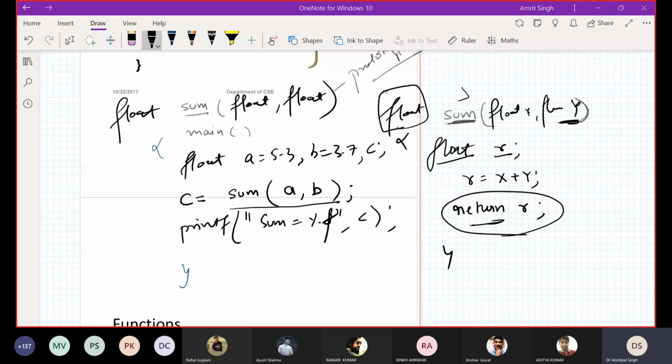That depends upon compiler to compiler, and then your result is unpredictable. Okay.